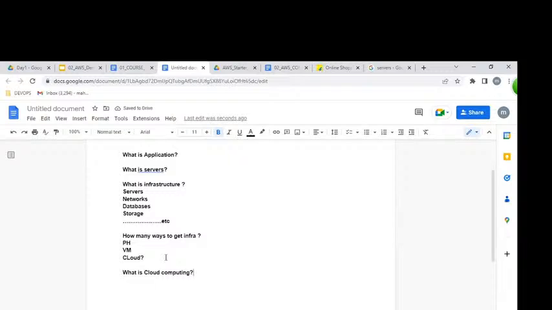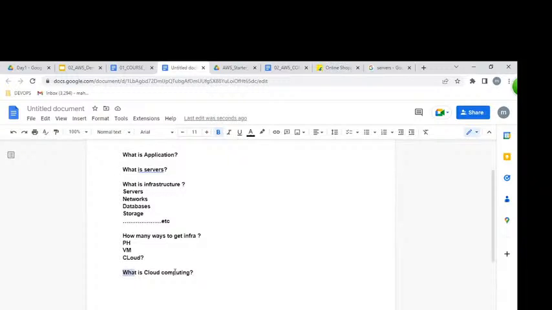What exactly is compute? You have computing power in a laptop or not? Yes, which kind of computing power? RAM, CPU, hard disk, we are calling it computing power or not? That's what we call a computer. So what is the computing power? The hardware resources in your laptop. The same kind of computing power is in servers also, like RAM, CPU, motherboard. The hardware which you are seeing, that we are calling computing power.